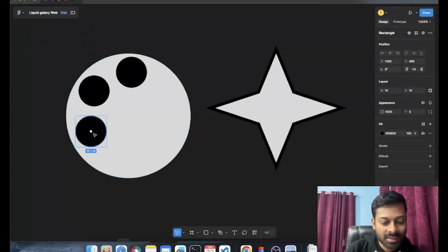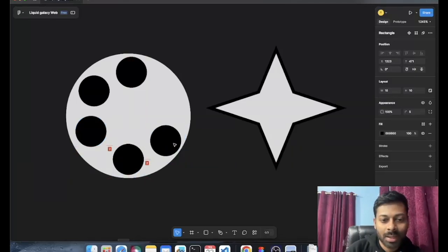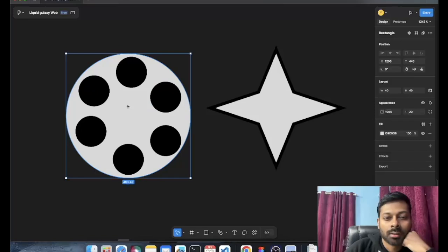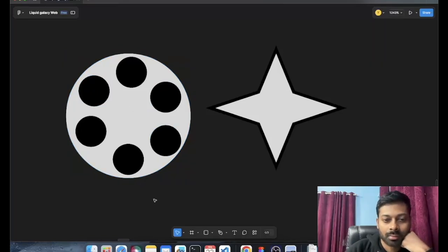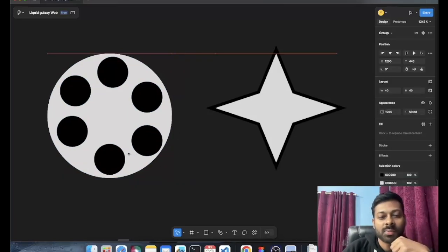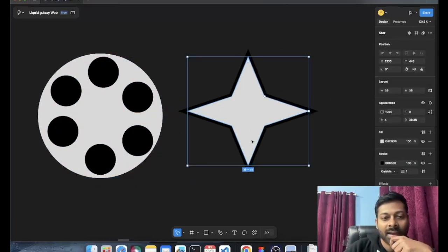So the only reasonable way I could come up with was that the circle should be inside of it, because both have to be available at the same time, and it is not like this circle is getting a clip path or something like this into these six circles, which would also have been very good or very creative to think about. So yeah, this is my SVG, and these are the SVGs that I exported